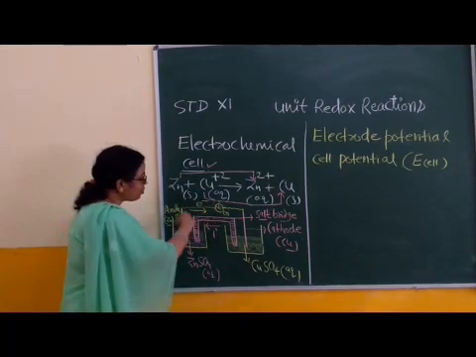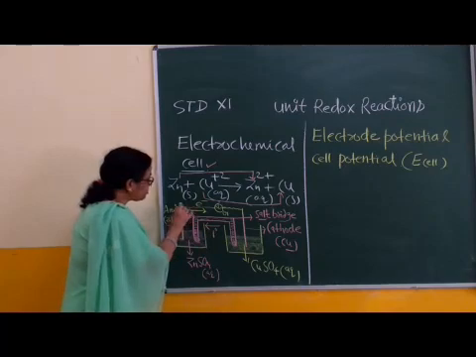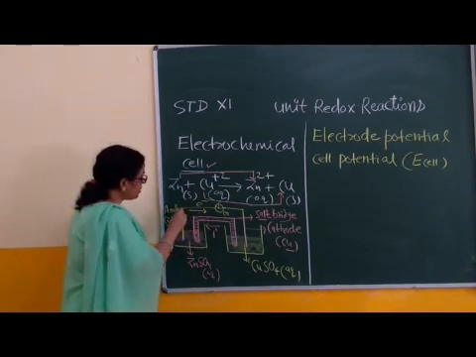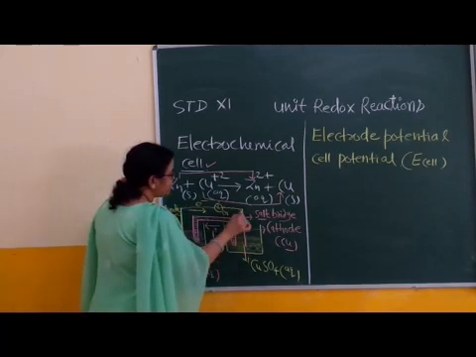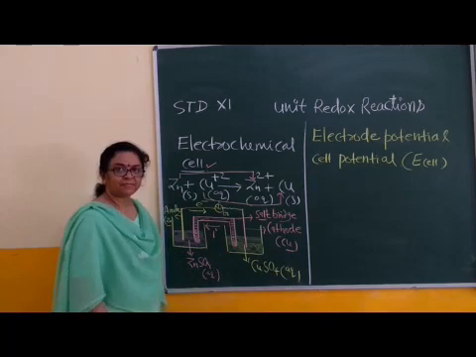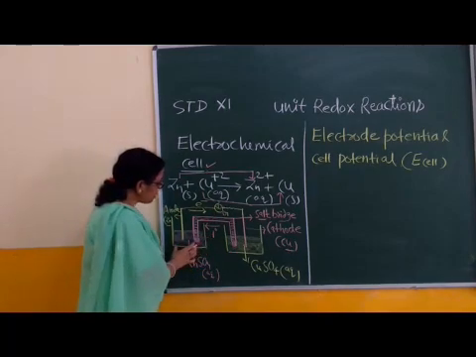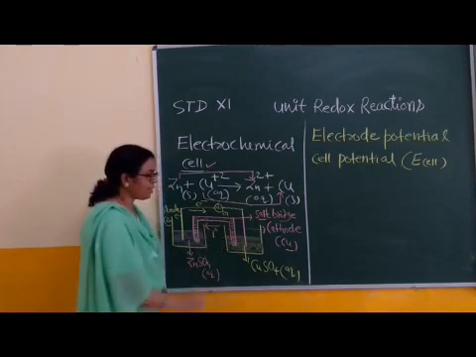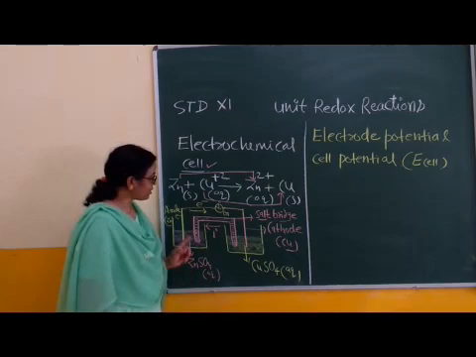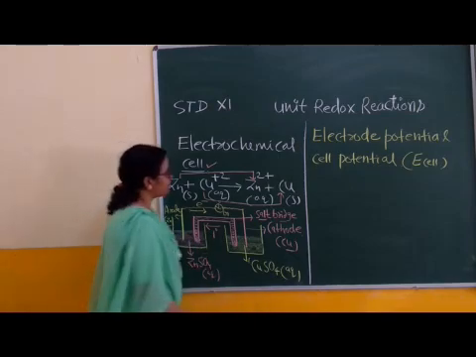Then the connection of the outer circuit. This is the inner circuit. The outer connection is done using copper wires, a copper wire which connects the anode and a copper wire which connects the cathode. And this is a galvanometer, for reading the total efficiency of this zinc copper electrochemical cell. Okay children.